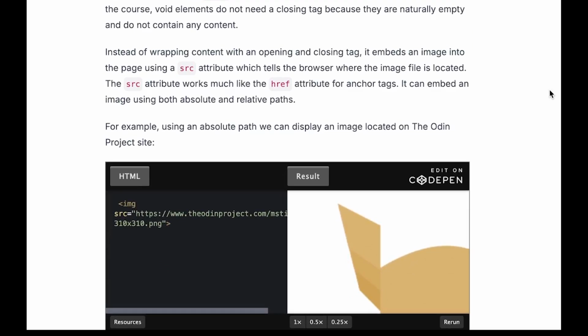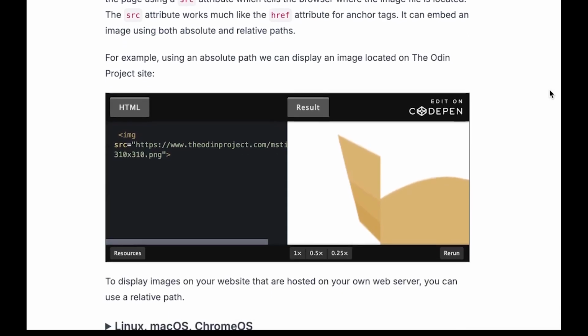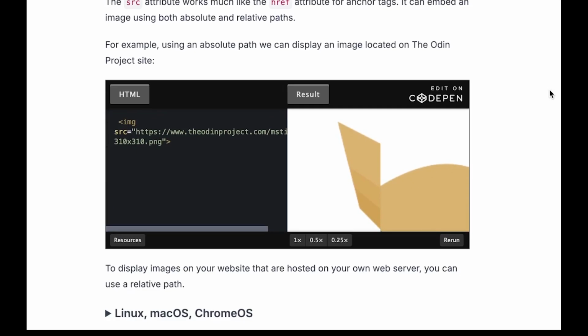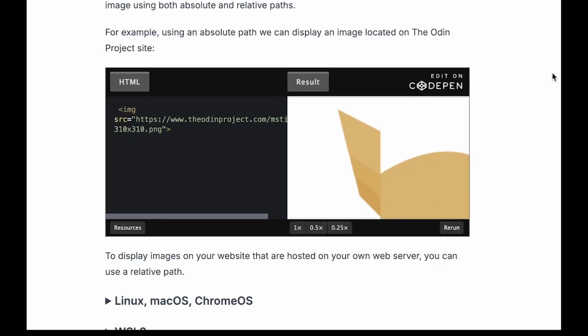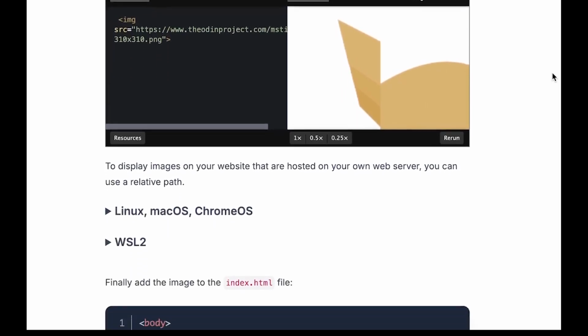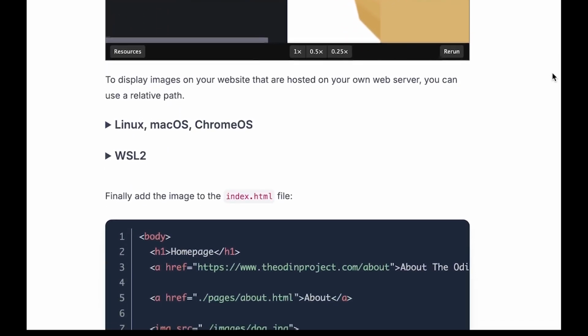The src attribute works much like the href attribute for anchor tags. It can embed an image using both absolute and relative paths. For example, using an absolute path, we can display an image located on the Odin Project site. To display images on your website that are hosted on your own web server, you can use a relative path,